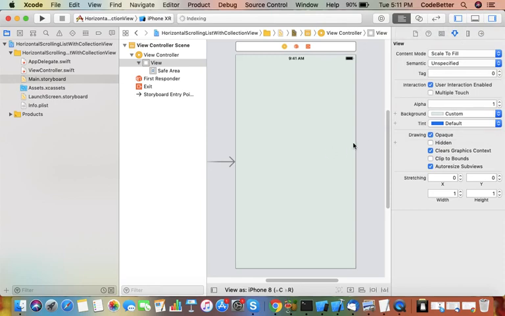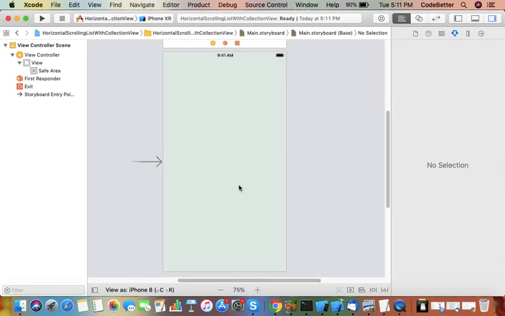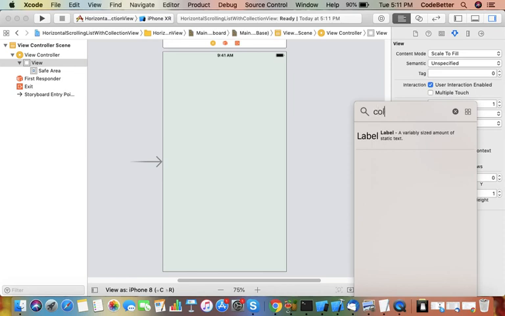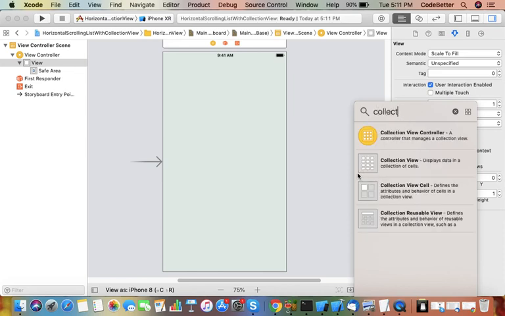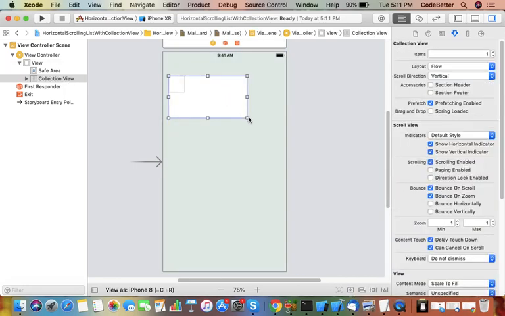Let's say this is our controller. In this controller screen, we will add the collection view first. Now you can see here it is a collection view. This collection view displays data in the form of items or cells.